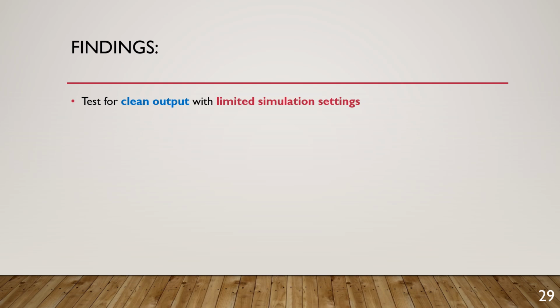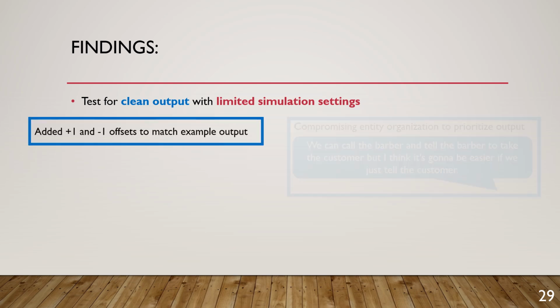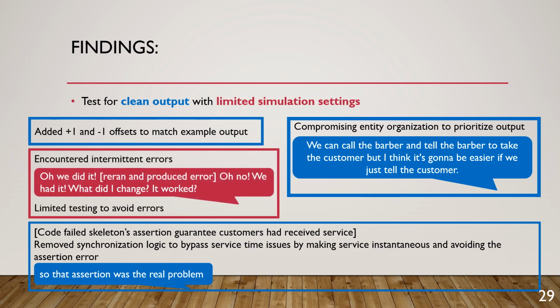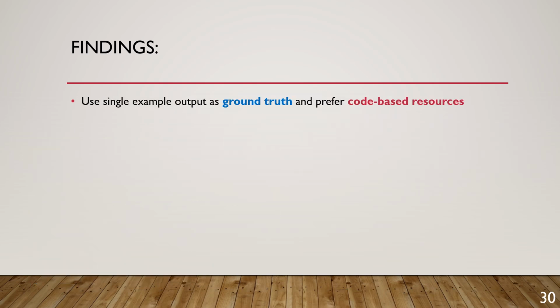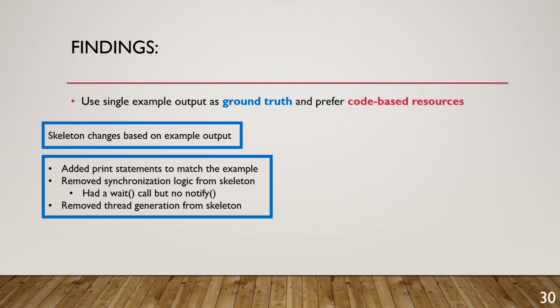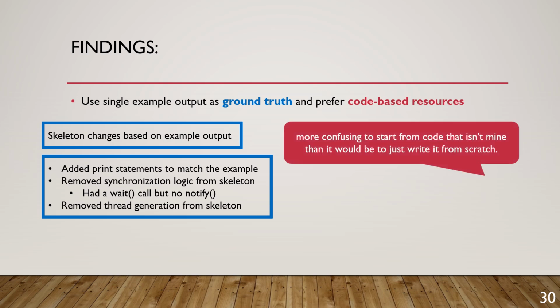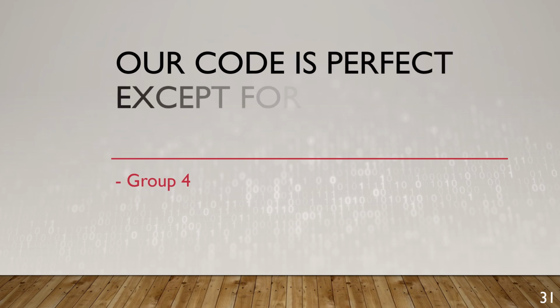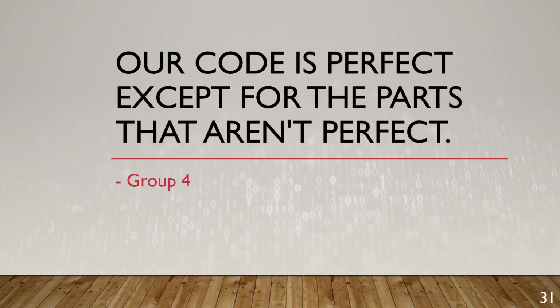Students who over-relied on example output unsurprisingly perceived clean-looking output as the indicator of success, and they sought it out at whatever costs, including edits that compromised the program logic and limiting the simulation settings used in testing. Finally, students used the single example output as the ground truth for programming decisions, often changing the skeleton and altering synchronization and conditional logic based on assumptions from the single example output. Students also showed a strong preference for code-based resources, especially their own, over other more abstracted course materials. In summary, these students provided a rich data set full of insights into their processes and program development when under